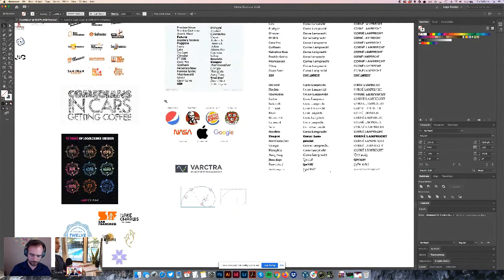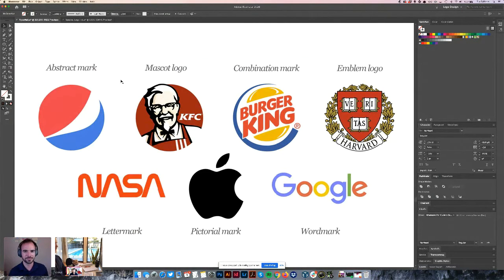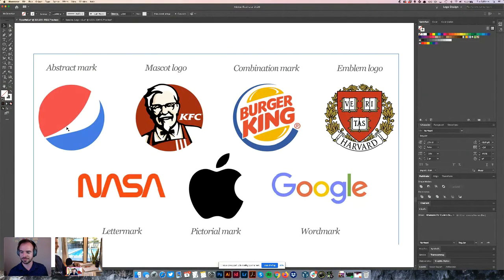Well, what I didn't talk about was the different types of logos. So what we created earlier was more of an abstract mark, just for the sake of speed of this call. But there are different types of logos. So the abstract mark, kind of like that A or the compass that we used before. And then there's a mascot type of logo. So let's say KFC or